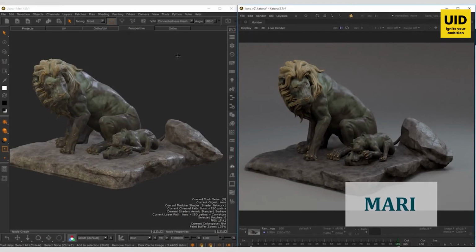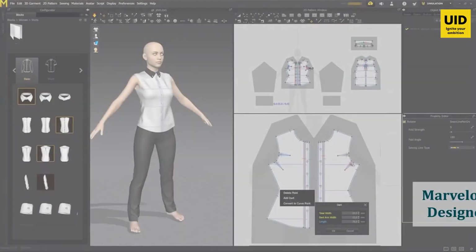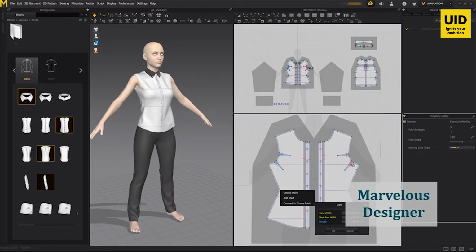Next is Mari, definitely on the list. Another industry leading digital 3D painting software. It was developed during and for the production of the Avatar movie. Quite competitive. We also have Marvelous Designer on the list. It is an application developed specifically to design clothes and fabrics. You can import your 3D model, dress them up, and take them back to ZBrush for further sculpting.